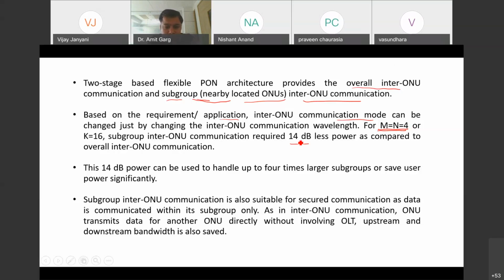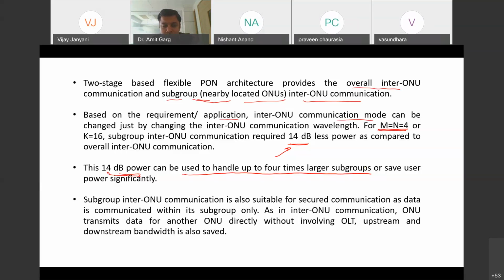Now that significant power saving of 14 dB which you achieved is actually a big saving, and it can be used to handle up to 4 times larger subgroups. You can have more subgroups, more number of users, because you have got that additional power and you can utilize it. Or maybe you can reduce your transmitted input power by 14 dB.